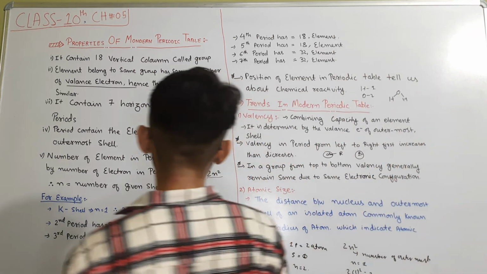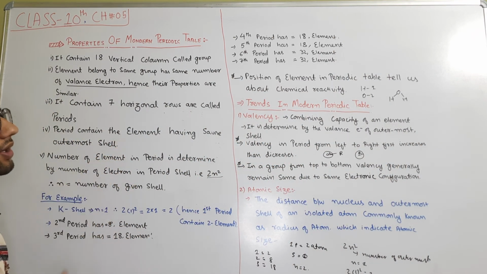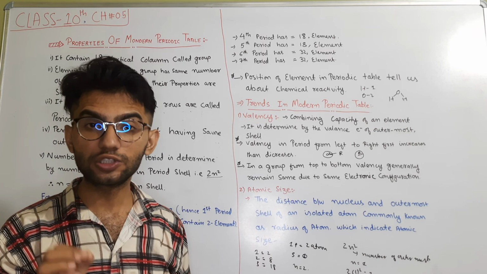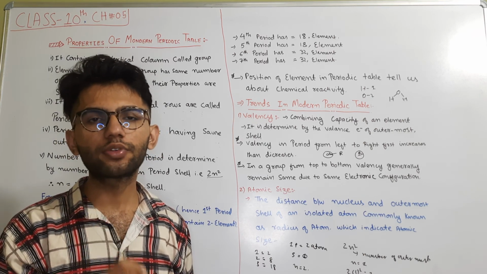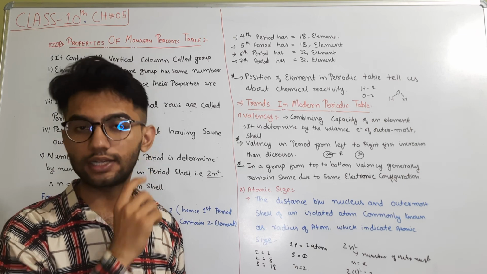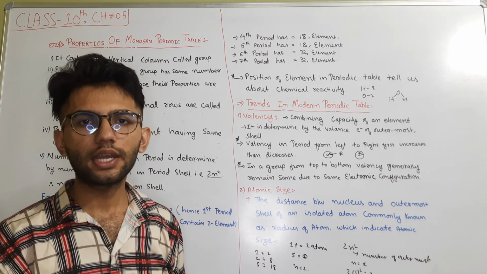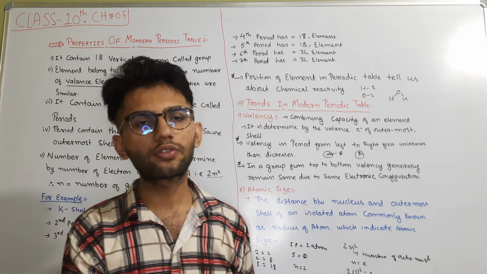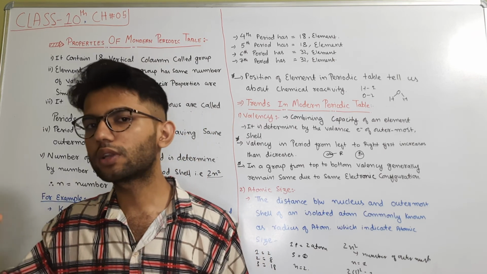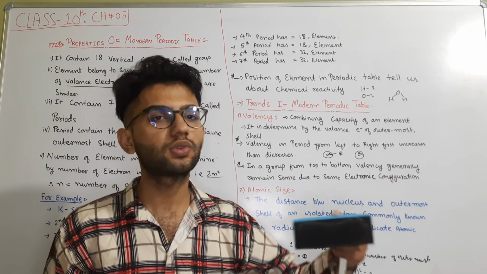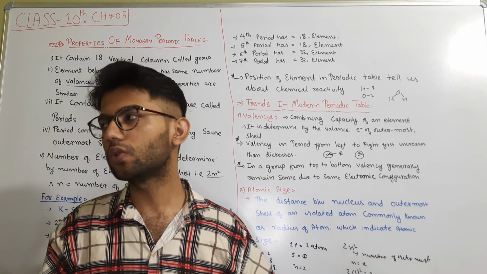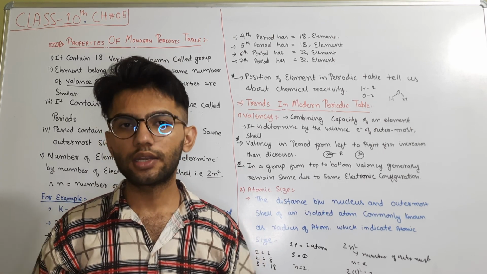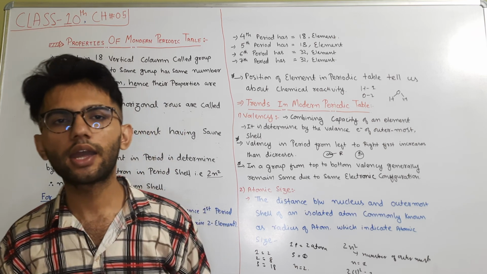Now we should continue our topic: these are the properties of the modern periodic table, and one of the most interesting things in the modern periodic table is that the position of each and every element represents the reactivity of that atom. Where the element is present, it itself shows most of its properties. In our next topic, we decide whether the atom is present on the right hand side or on the left hand side. If it is present on the left hand side, it means it is a metal. If it is present on the right hand side, it means it is a non-metal. If it is present at the bottom, it means it has a high atomic number and a high atomic mass.